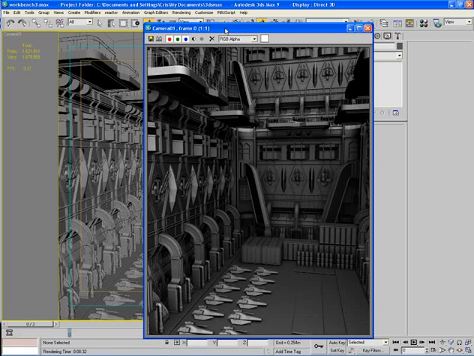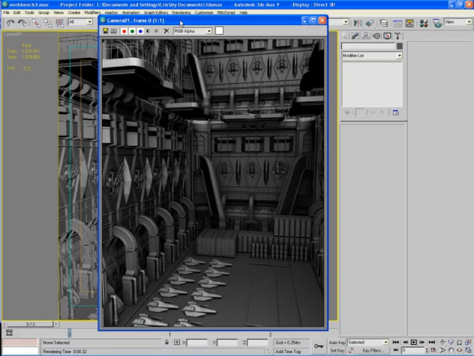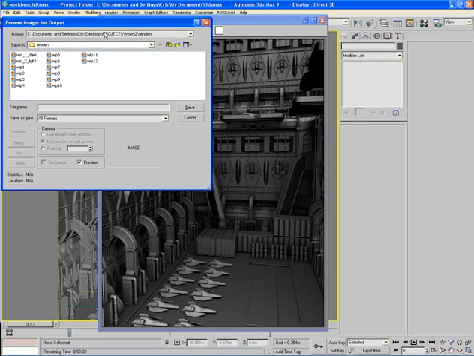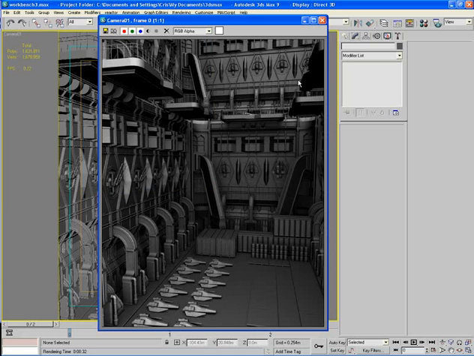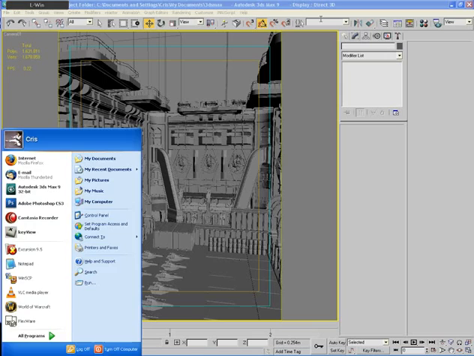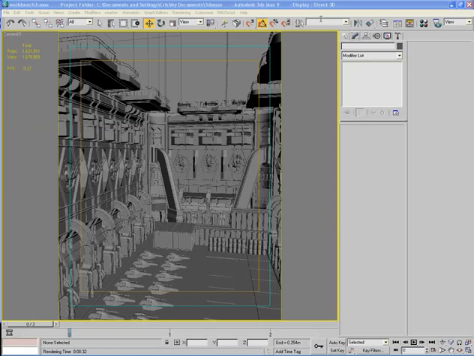Okay, as you can see, this one's now finished as well. So I'm going to save this as Ren 3 ambient occlusion, like so. Okay, now I'm going to load up the old Photoshoppery. There we go. Don't be fooled by the